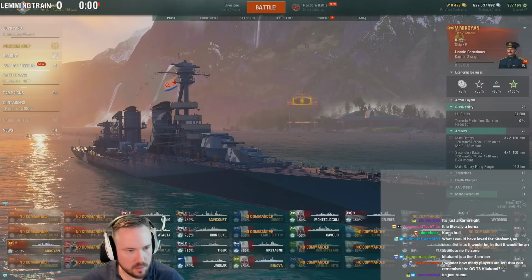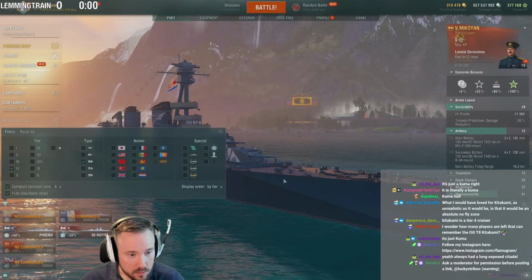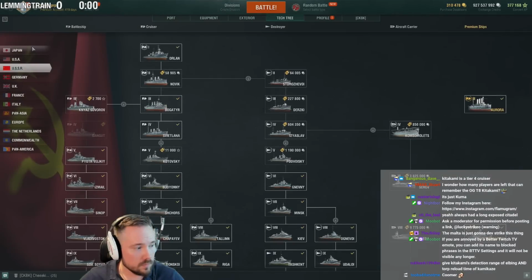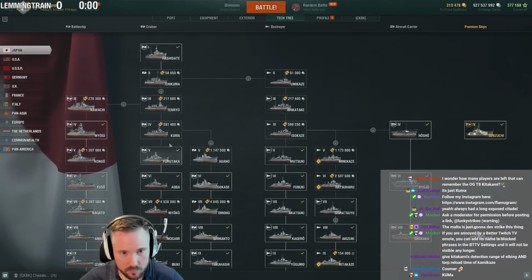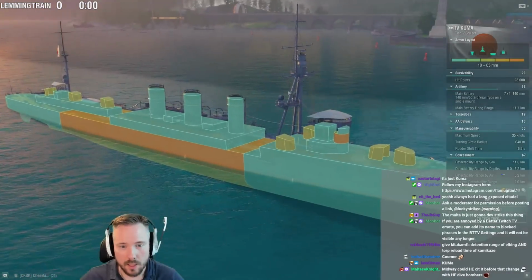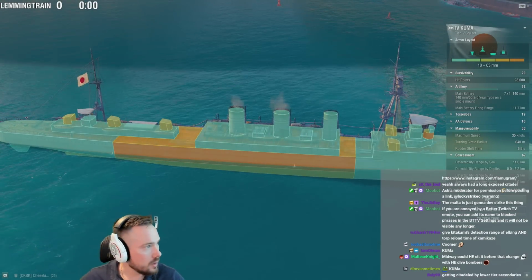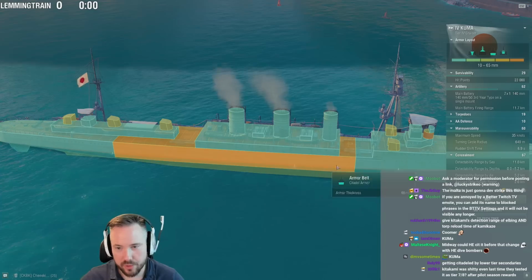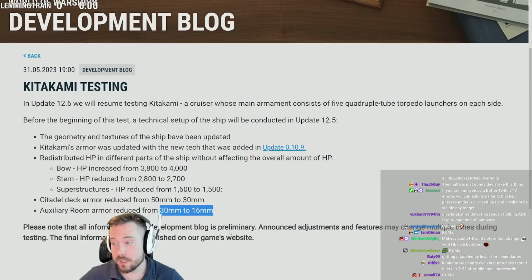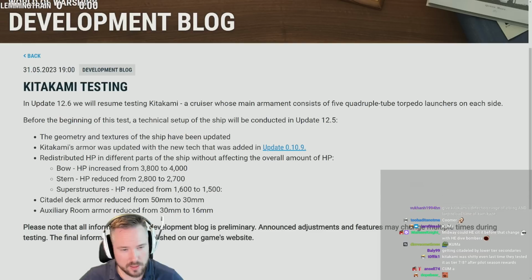Let's see. Kuma. Let's see. We need to look up Kuma. If I remember correctly, yeah, look. This is the Citadel, and it's exposed. And this is 30 millimeters, this Citadel armor. If they're really gonna reduce that to 16 millimeters, it means destroyers...